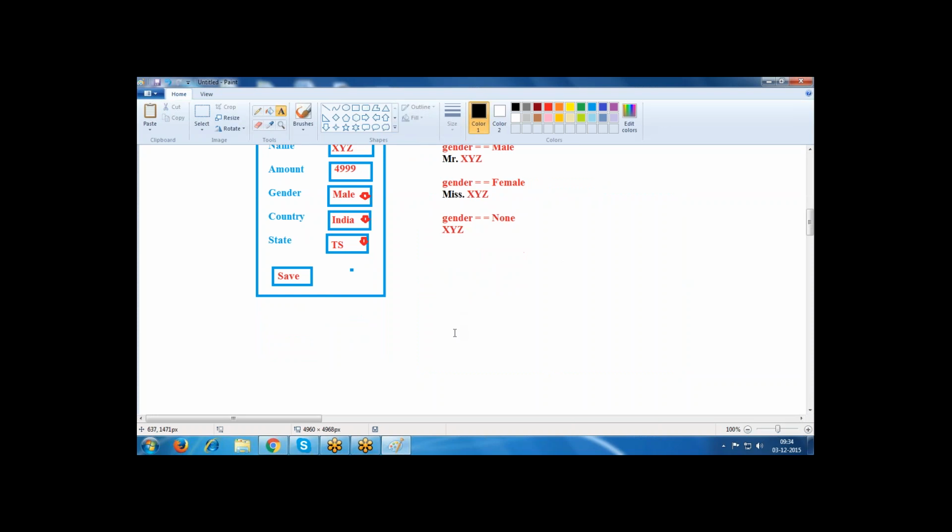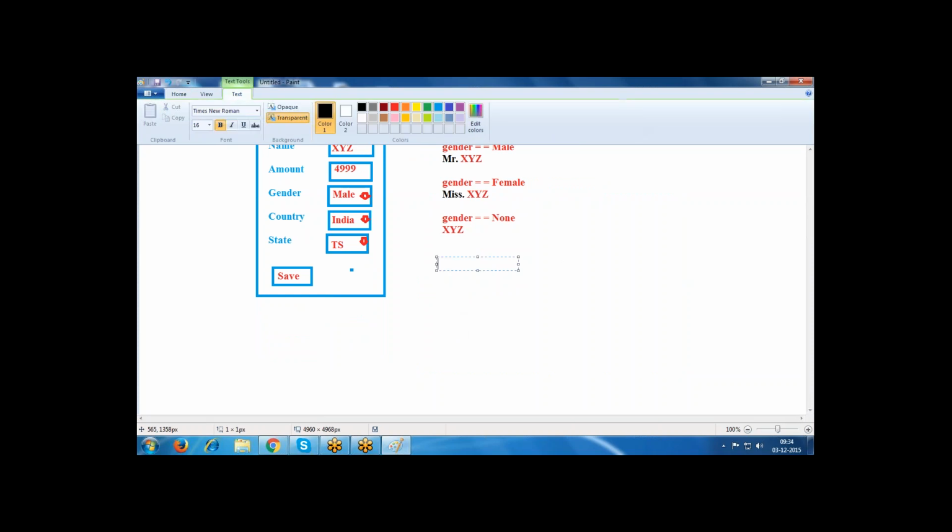Now I have one more requirement. Amount: if the amount is less than 5,000, then I want to throw an error message.